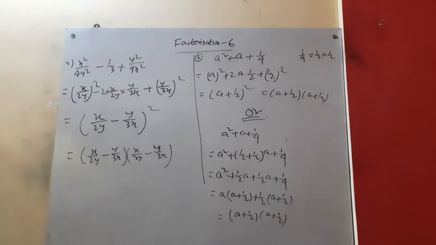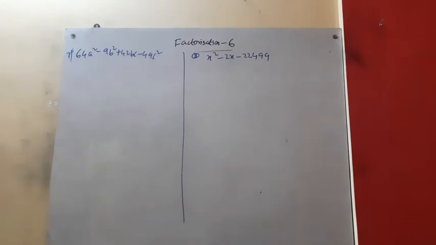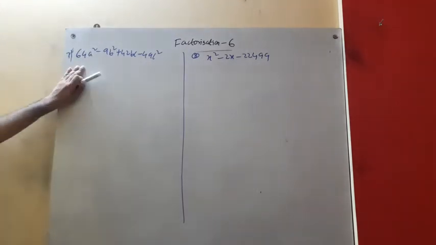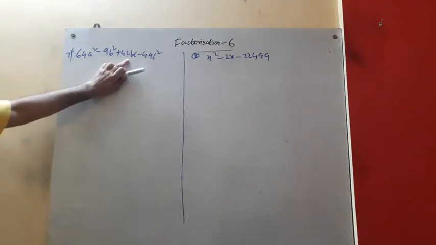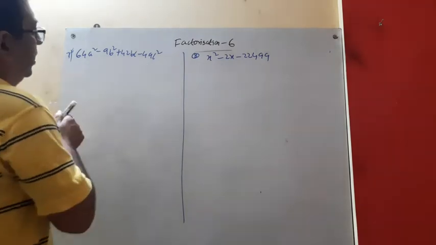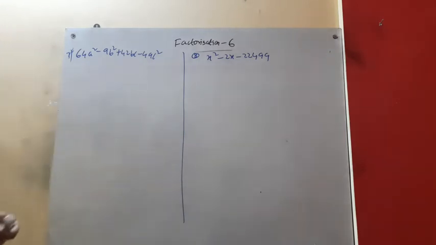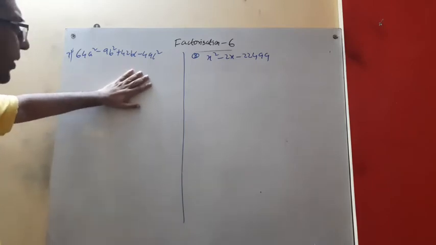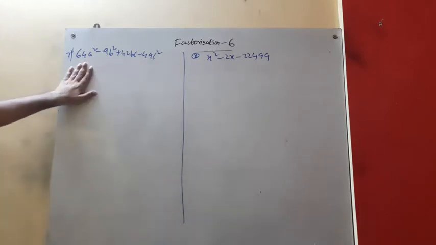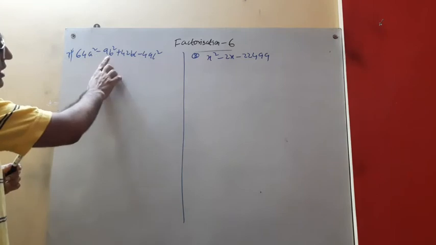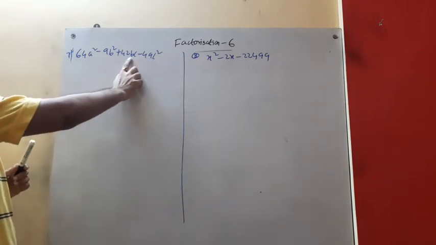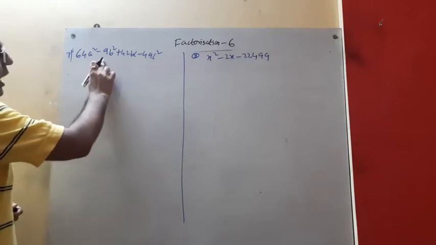Okay. Now we'll go for another sum. Look, this one, 64a square minus 9b square plus 42bc minus 49c square. How will I do it? There are 4 terms, so a middle term split is not possible. 4 terms are there, so try to group the terms. No, a square, b square, no. One thing you just see, here is b square, a perfect square. 49 is a perfect square. This is c square and this is bc. One thing we can do, can we make it a perfect square?